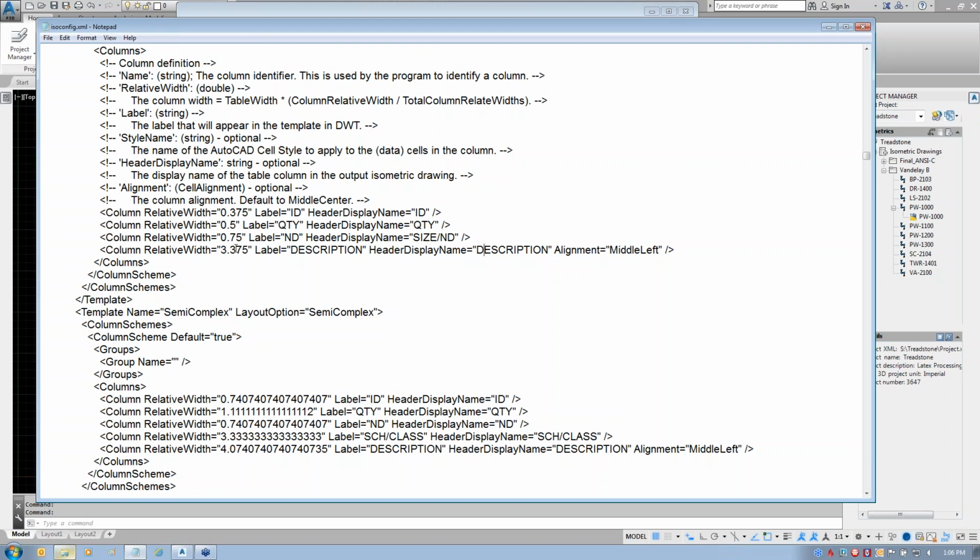exactly, because if I did something like this, 3.75 there, that doesn't add up to 5 inches, it's going to make some wild adjustments to try to get that as a percentage. And it will also update this file to calculate based on that. But as long as they add up exactly, it will work. Once I've got this set, I'm going to save it,